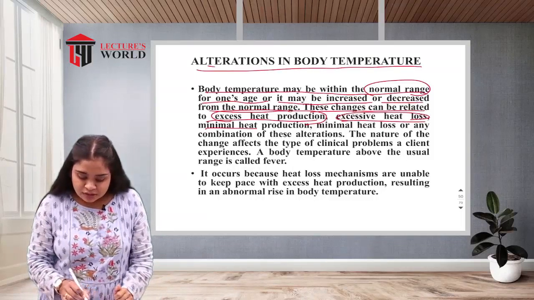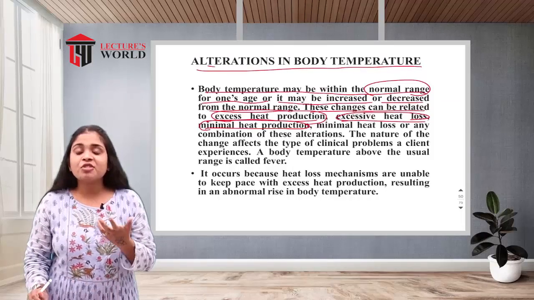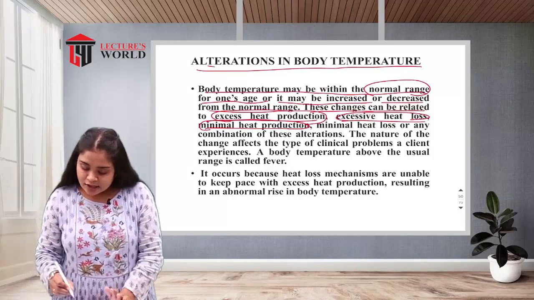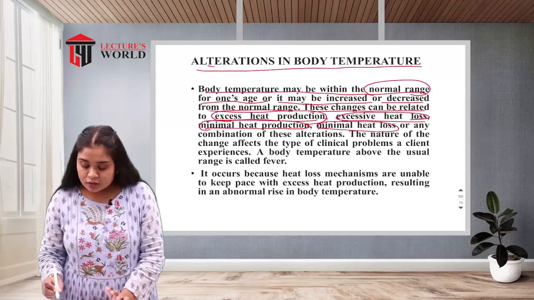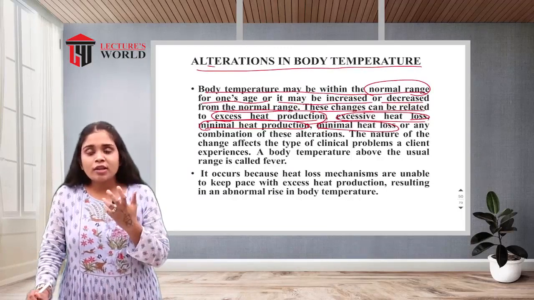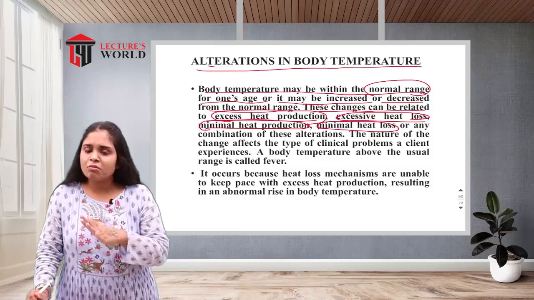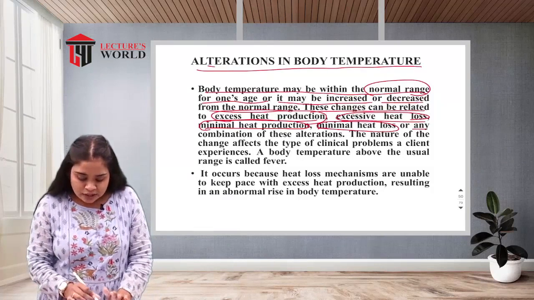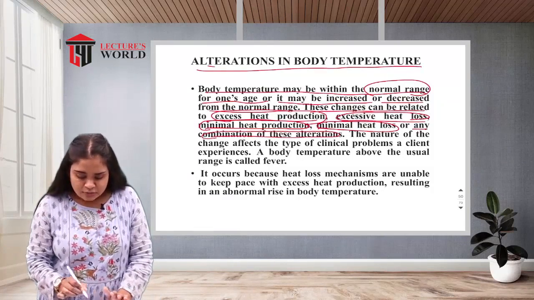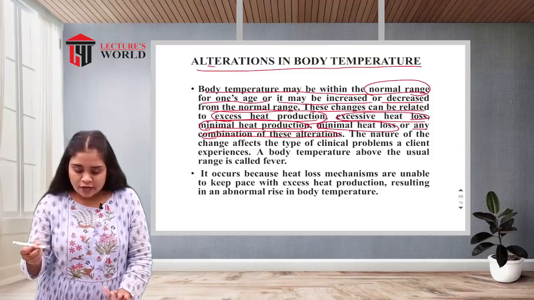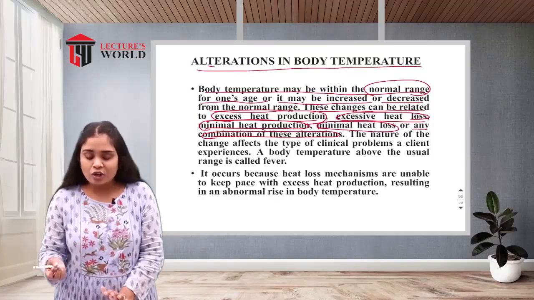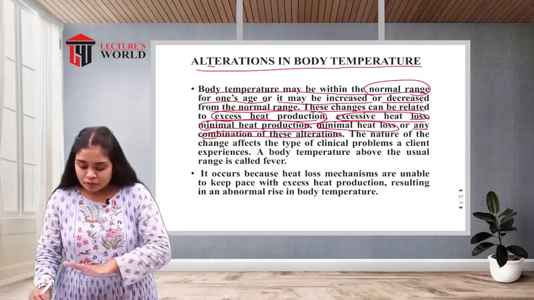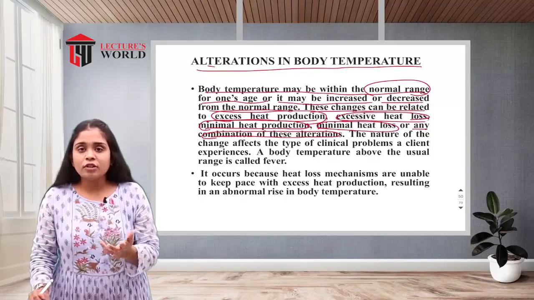Then after minimal heat production, maybe the body is producing the minimum amount of heat, so that is also a reason. Then minimal heat loss, maybe the body has to lose heat but it is not doing that. And any combination of this alteration. As we have seen the different varieties of heat production and heat loss, if there is a combination between them, all these are reasons for the alteration inside